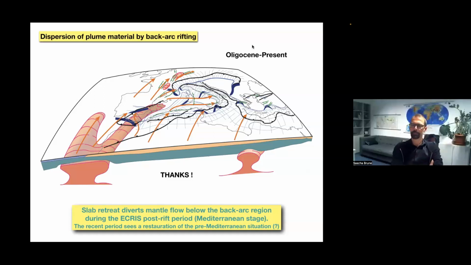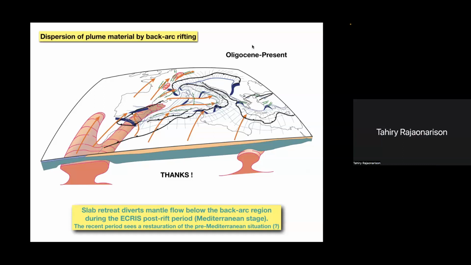So one of my questions is the interpretation of the SKS splitting measurements. In the East African rift system, you have shown that you can potentially associate the northward or rift parallel SKS splitting with maybe the crust due to the cracks, but you can also explain it with a northward mantle flow. So I was wondering, which one is your preferred model? You may have said it, but maybe I didn't catch it.